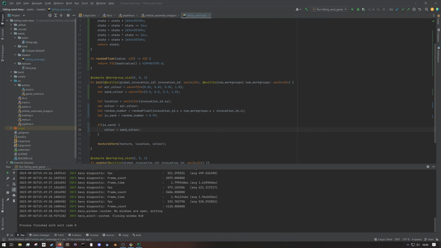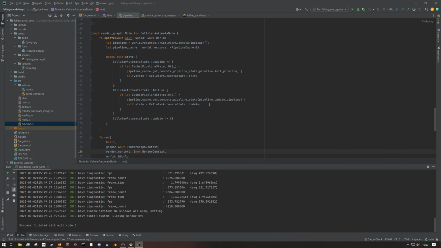So now that we've got that, we basically want to move on to actually making the sand fall. Okay, and in order to do that, we are going to need to do the update part of the pipeline. So if we go back to our pipeline, and at the moment update is empty, so we just want to basically run